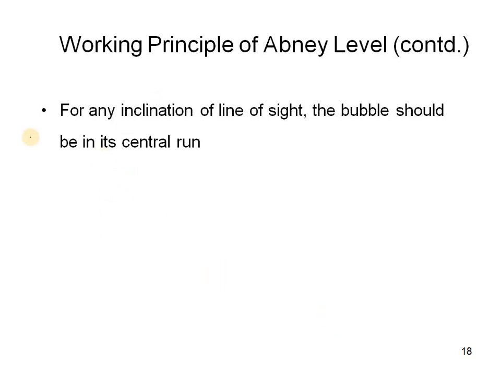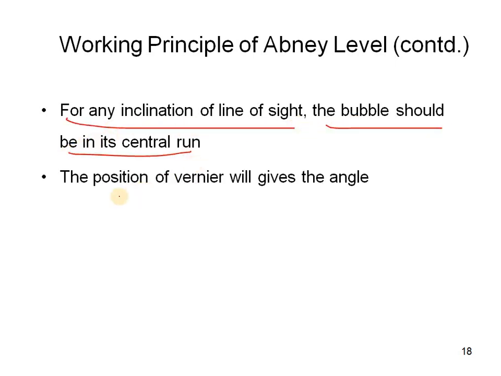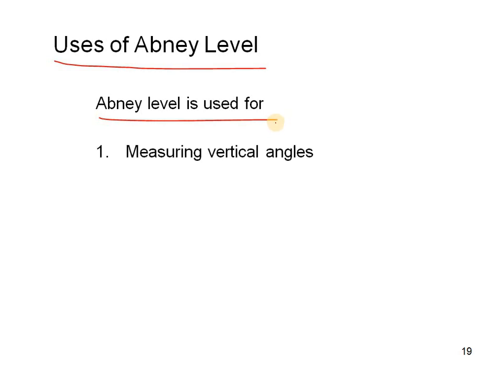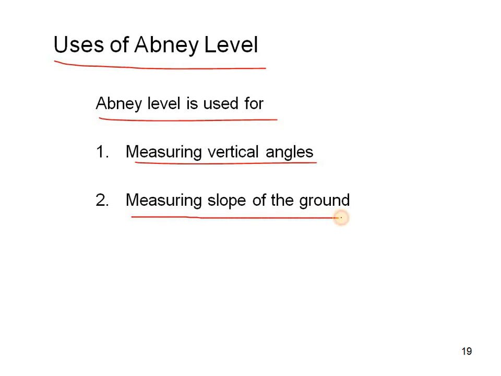So for any inclination of line of sight, the bubble should be in its central run and the position of vernier will give the angle. So here, in the line of sight, the inclination will be such that the bubble is in the central run, so that the position of vernier will give the angle. So here are the uses of Abney level. Abney level is used for measuring vertical angles, measuring slope of the ground, tracing grade contours,